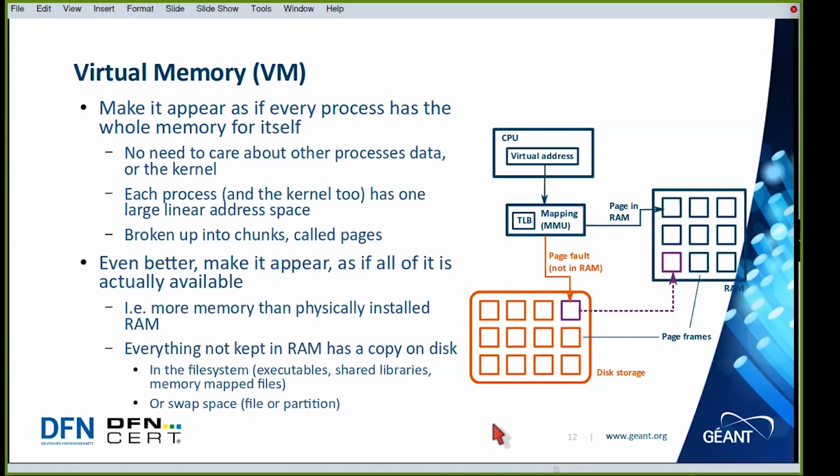So it's either in the file system for programs and shared libraries or memory mapped files, or it's somewhere on the swap space. And when the CPU tries to access a virtual address, it goes through the mapping of an MMU, and either it will translate this to a page in RAM, so it gives the proper physical address here, or it runs into a page fault if the page is not in RAM, which will then trigger a routine that loads this page from disk into the system RAM. There's also some more activity going on, swapping old unused pages,